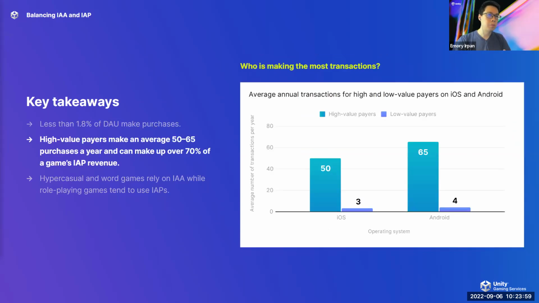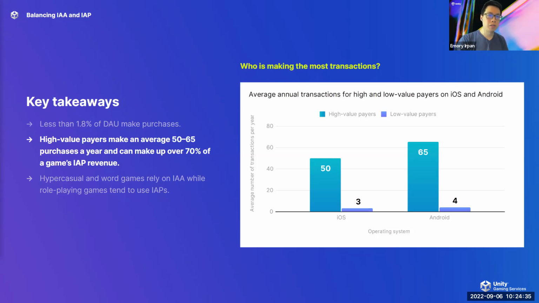So we broke down the players who make purchases into two categories: high value payers and relatively lower value paying users. The high value payers represent payers in the 95th percentile of spend and above when ranked against all other paying users. The lower value payers are all other paying users who don't fall into this high paying user group. Within gaming, these are colloquially referred to as whales and minnows.